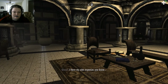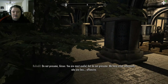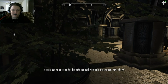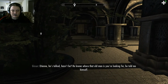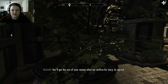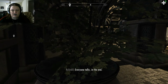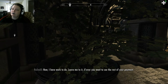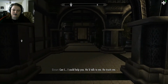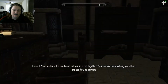But I need that money. I earned it. I have my own expenses, you know. Silence! Do not presume, Gisser. You are most useful, but do not presume. We have other informants who are less offensive. But no one else has brought you such valuable information, have they? Etienne, he's talked, hasn't he? He knows where that old man is you're looking for. He told me himself. You'll get the rest of your money when we confirm his story, as agreed. So he has talked. I knew it. Everyone talks, in the end. Now, I have work to do. Leave me to it if ever you want to see the rest of your payment. I could help you. He talked to me. He trusts me. You'd like to come downstairs with me, is that it, Gisser? Will we loose his bonds and put you in a...